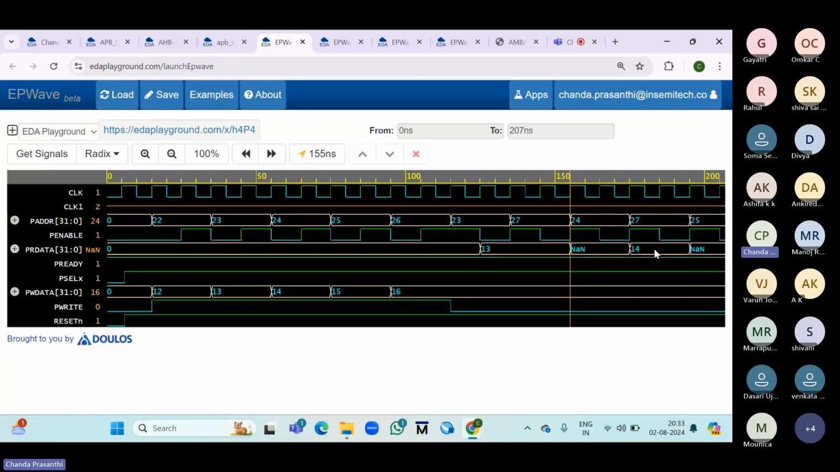Okay. So NAN means it's not like not applicable. I think it's some unknown value, which is not used. Okay, so remaining all are getting properly. So that is what